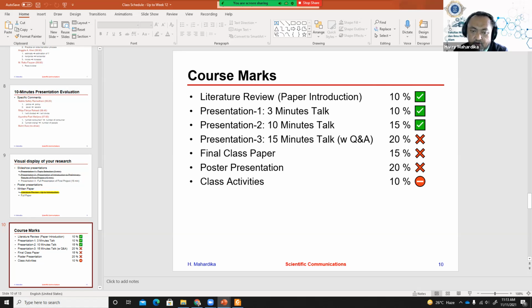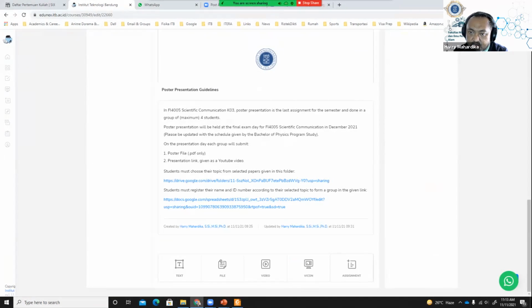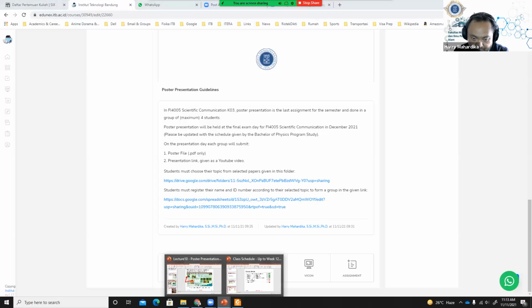Okay, so what you're going to do is select one topic that will be done by a maximum of 4 students. So in Scientific Communication KO3, poster presentation is the last assignment for the semester, in a group of 4 students maximum. So the maximum number of students working on a selected topic is 4 students, because usually